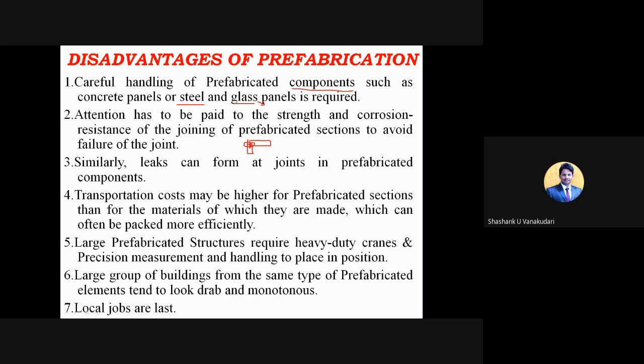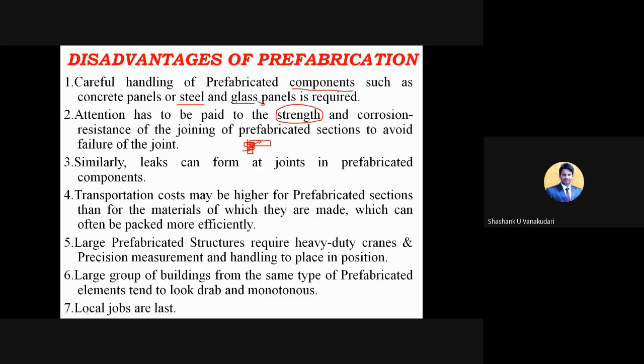So here it should be free from corrosion, because once it starts with corrosion, that entire joint part loosens with respect to the strength aspects, so that is going to impact these particular members, right? So we need to give proper attention to these joints such that they should not undergo corrosion, and even the strength should be similar, because however it is a joint and it has certain gaps, so it is exposed to the environment.